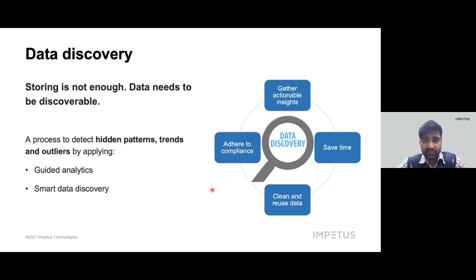In fact, there was another survey that says that by 2021, it will be imperative for most, or I think all, US-based companies and businesses in California to implement smart data discovery to remain compliant with CCPA. I think that's one of the surveys. I think you would want to go and read about it. Now, talking about the types of data discovery, they can be of two types: guided and smart data discovery. The main difference between the two is that guided data discovery is where the business asks questions and the machine answers, whereas smart data discovery is where the machine or the system analyzes the hidden patterns and presents them to the business for usage.